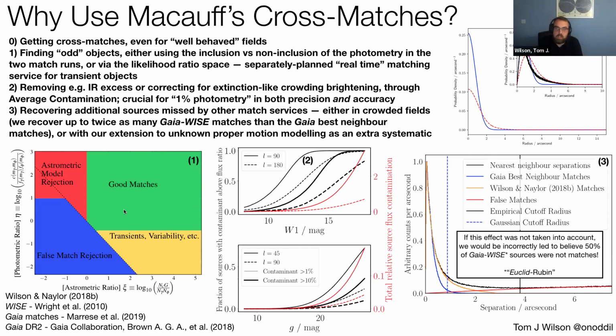Yes, any data set that you have a time series for. So, for example, there's the VVV survey. Essentially, because we match something both in position and in brightness, they're separable pieces of information. You can just multiply the two probabilities together. You can use this figure on the left, where you consider the object both photometrically, the odds ratio of match versus non-match just in brightness, and then just in position. Then an interesting phase space appears where the objects that are good both astrometrically and photometrically are good matches. If you didn't include, say, the blending, you'd end up over in this red box here where your